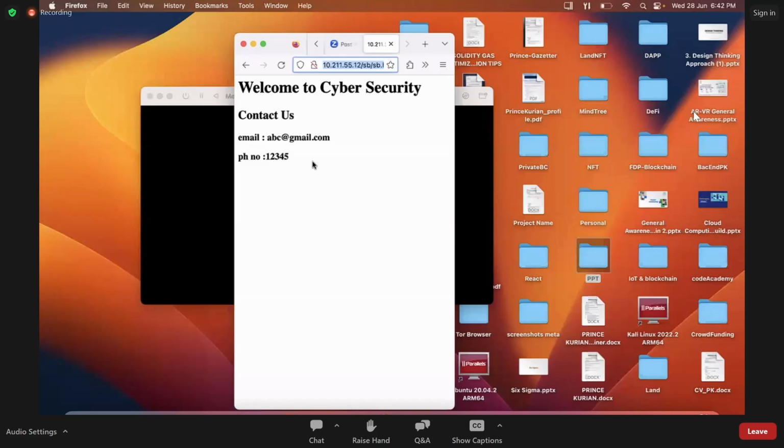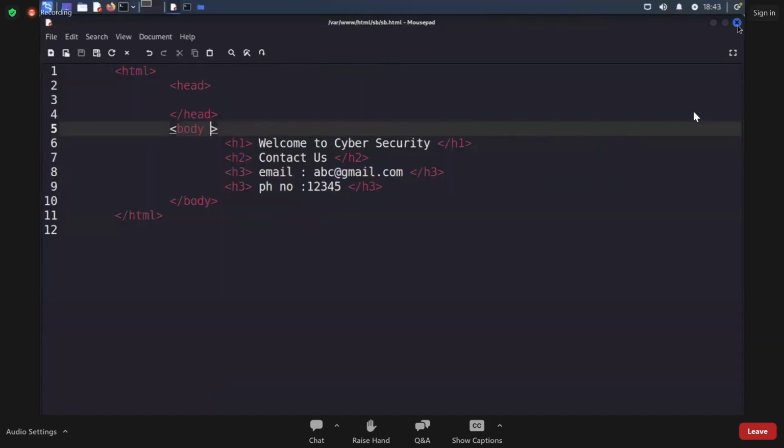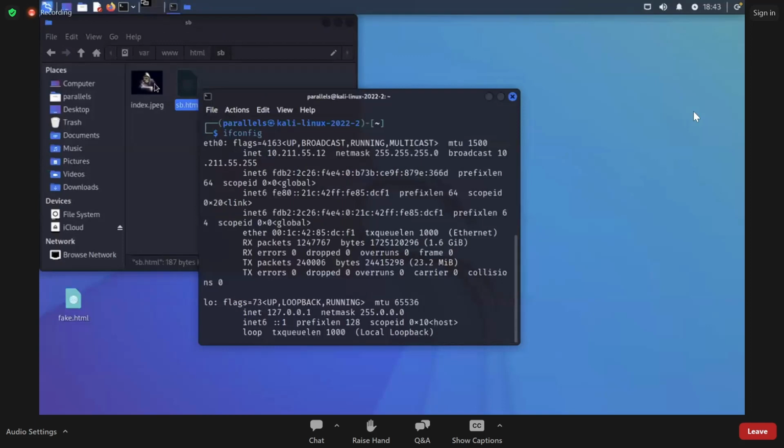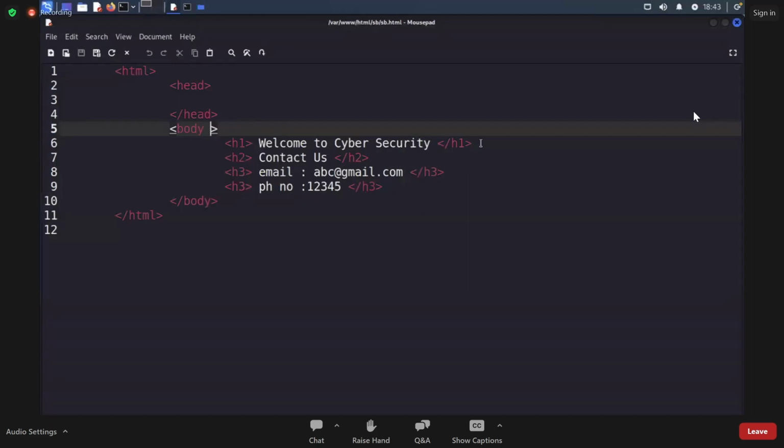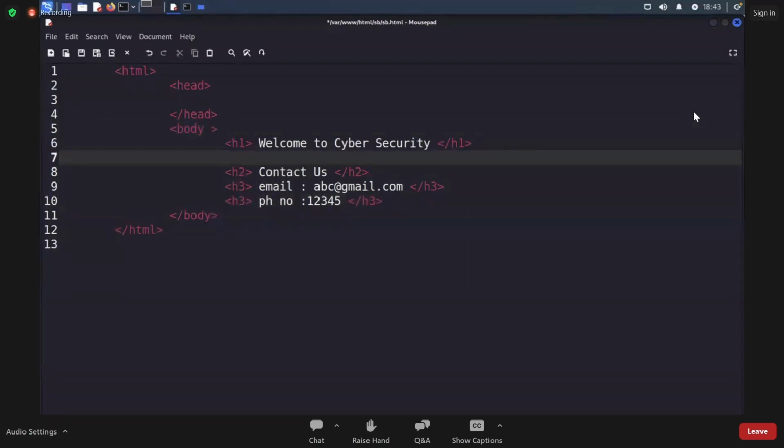If you are accessing this website, this is my website, which I have created. If you want, next to welcome to cybersecurity, I can add some image as well. img, image src is equal to